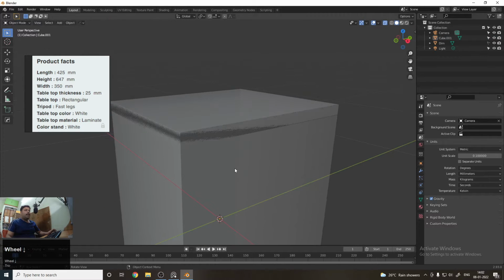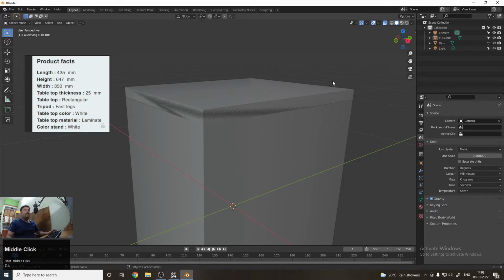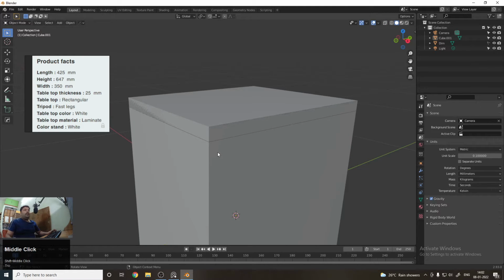So you can see that now it's in X-ray mode. So as I told you, to come back from X-ray mode or to turn off the X-ray mode, you have to press this key. And now you can see that as we have created two cubes, we have to first hide the diameter cube.